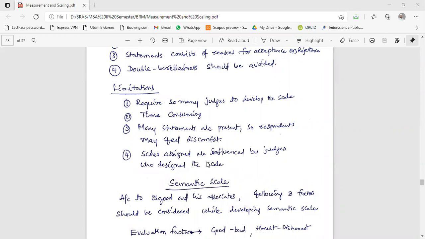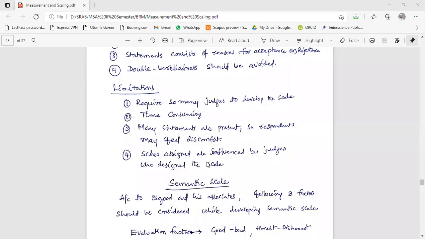Rather, the Likert scale is very easy. Simply we can give 5 options, 5 points or 7 points like that. But here 11 points is very difficult. It is a time-consuming process. Many statements are present, so respondents may feel discomfort. To just know the attitude towards savings, you are giving 11 statements. Do you think the respondent will read all these 11 statements?